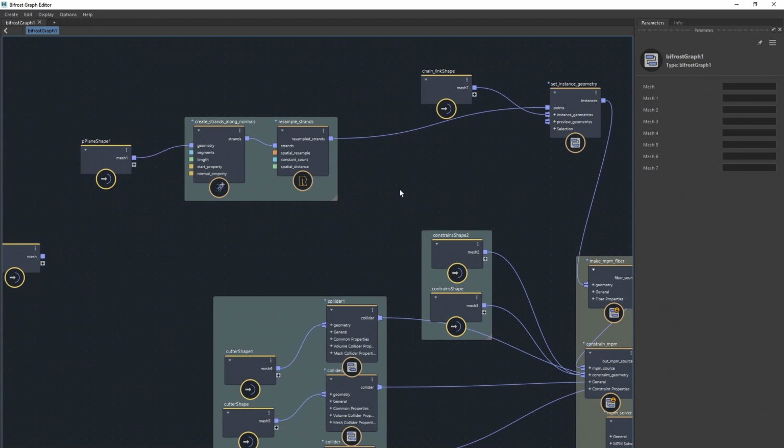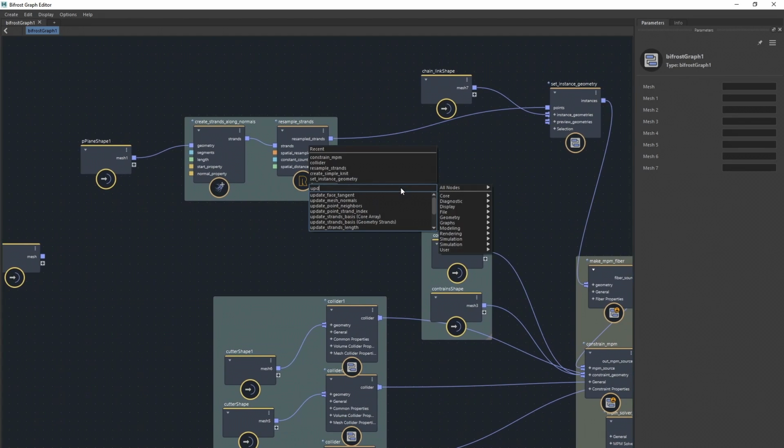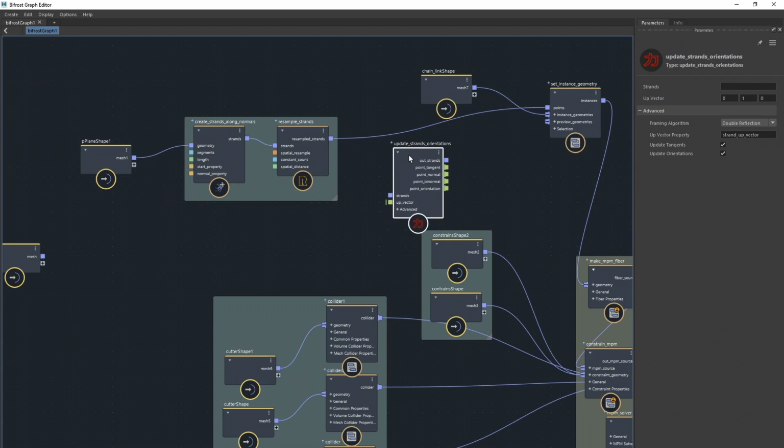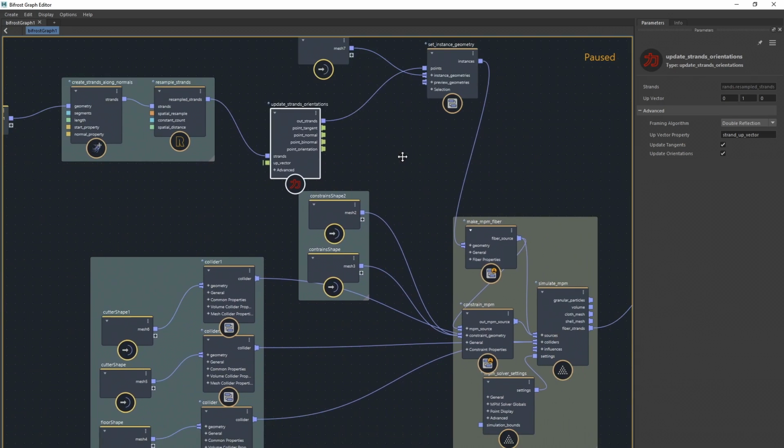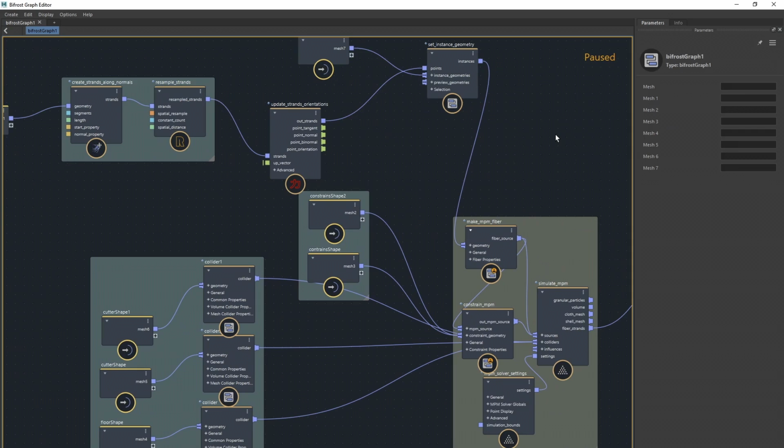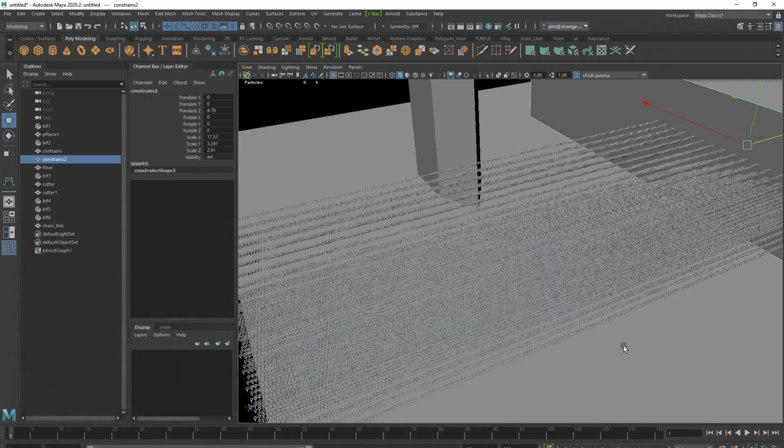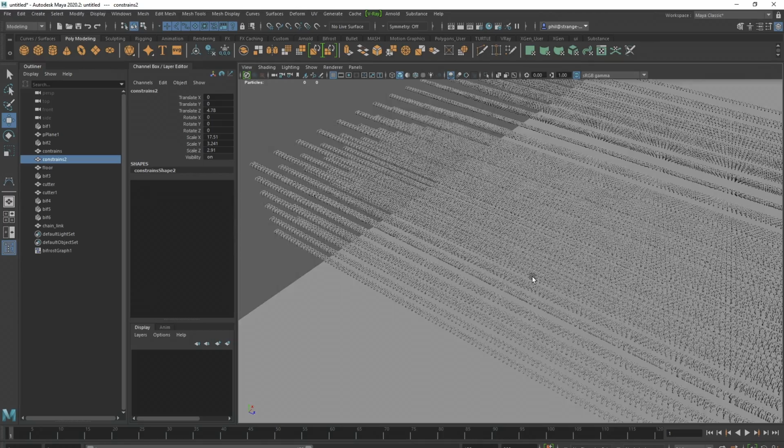So we've got the resample strands, and now if we just go to update strands orientations, yep, let that drag in there. Let's just pause the graph again, and we'll take our strands into there and our out strands into the points of the instance geometry, literally just replacing what we had there. They should now work, so I'll unpause the graph and let it compile. So now when I play,